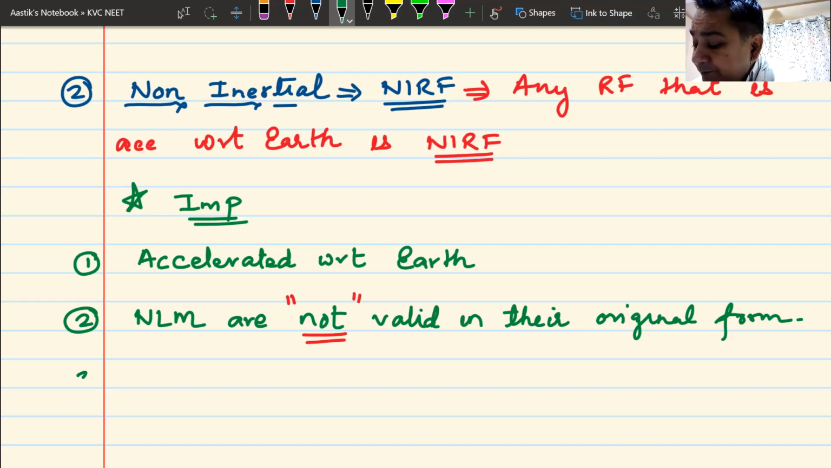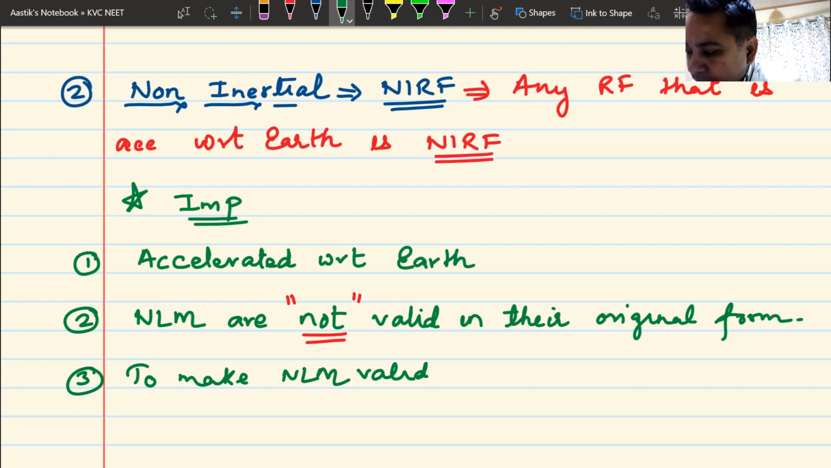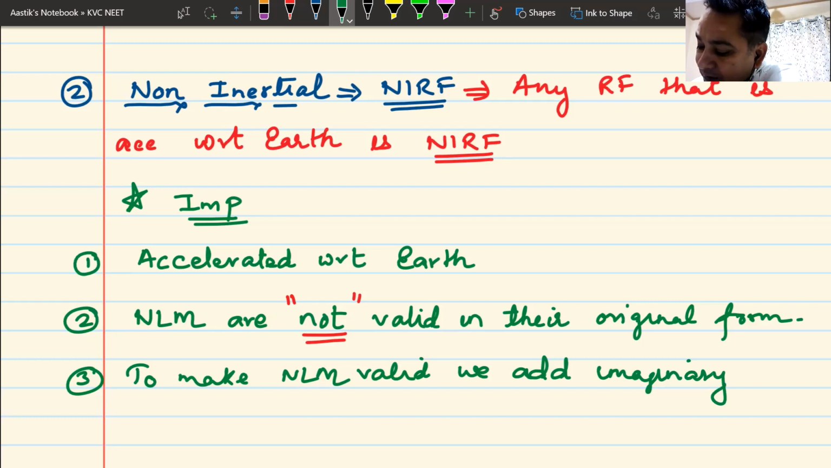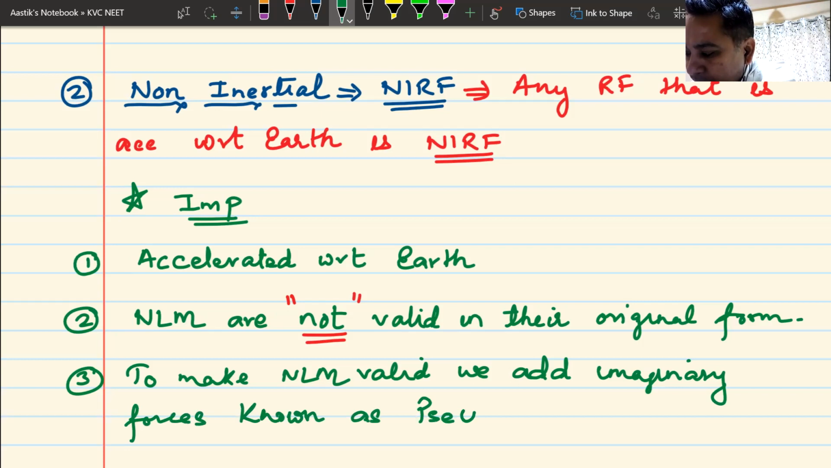To make these Newton's laws of motion valid, we add imaginary forces. We add imaginary forces known as pseudo force. So, in a non-inertial reference frame,